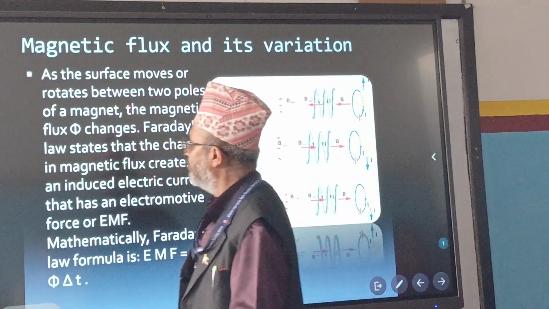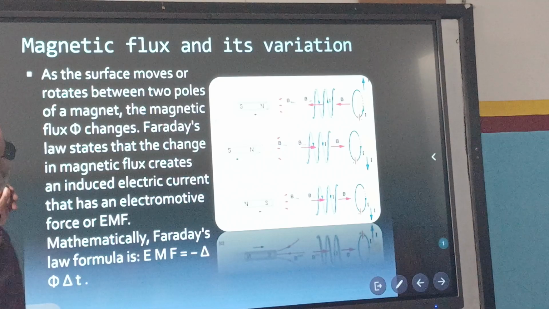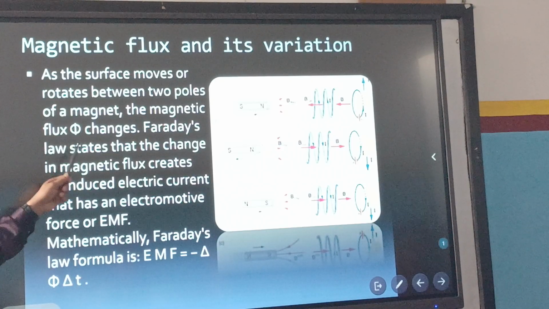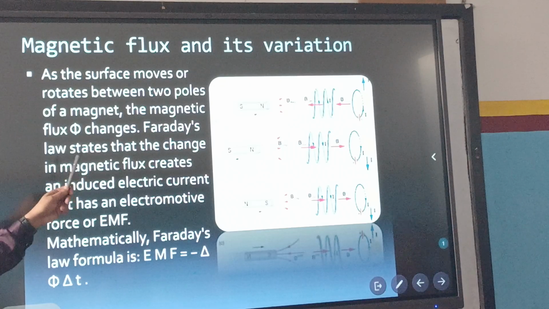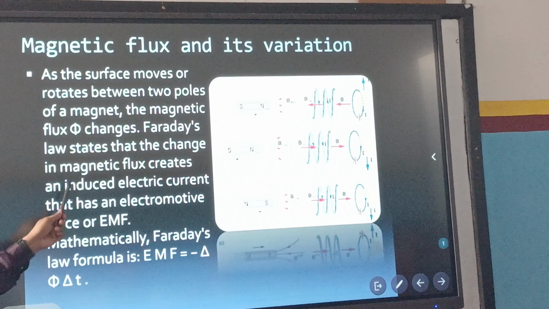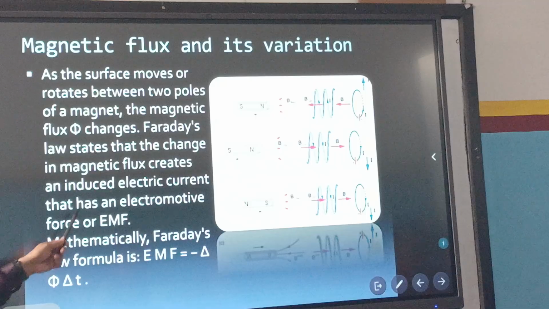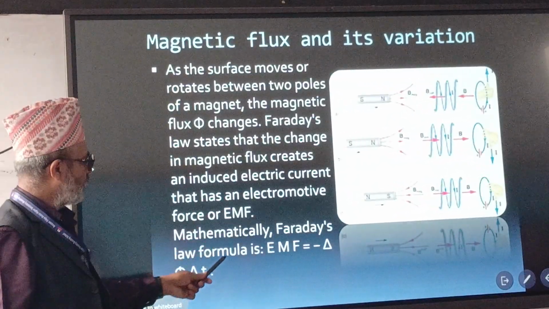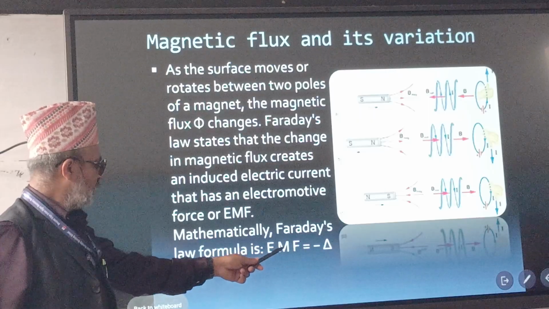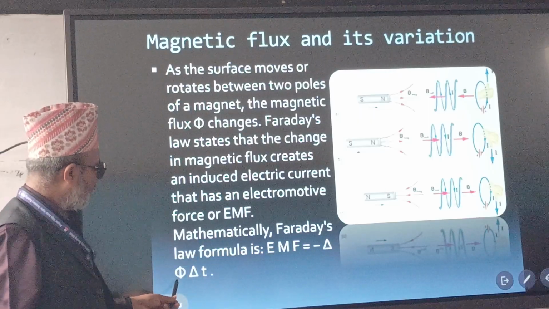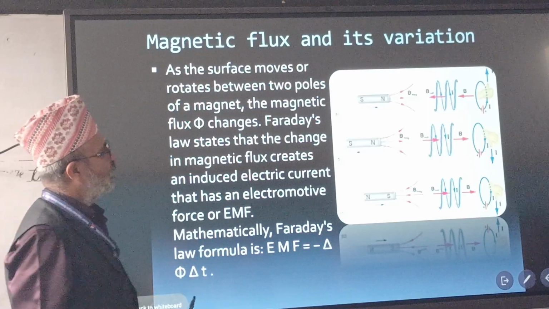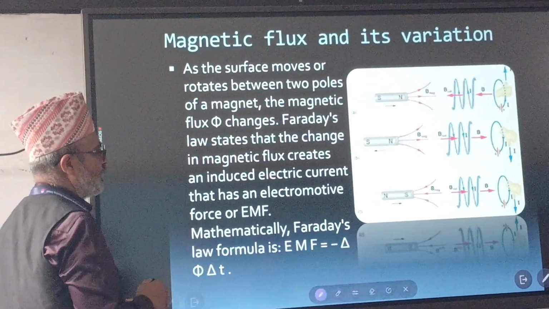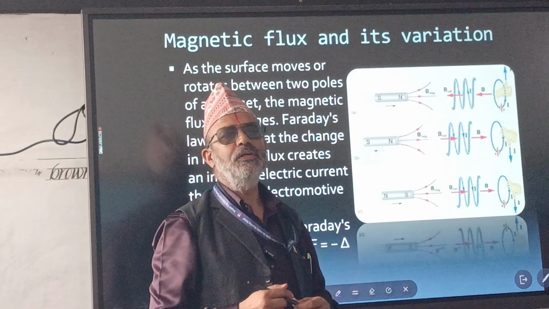What is given here? As the surface moves or rotates between two poles of a magnet, the magnetic flux changes. Faraday's law states that the change in magnetic flux creates an induced electric current that has an electromotive force, EMF. Mathematically, Faraday's law formula is EMF equals delta phi by delta t. Okay. So here, Michael Faraday in 1831 AD,